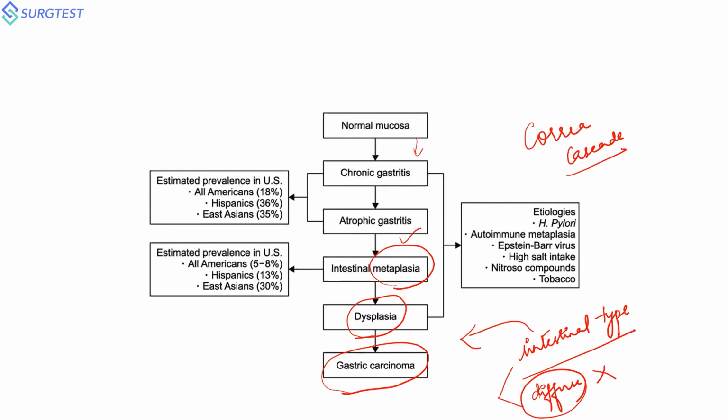All these things are explained by what is called the atrophic gastritis, dysplasia, gastric carcinoma sequence. This is being studied specifically for the intestinal type of gastric cancer. There are a few questions in chat which I will be taking at the last. One question is for the EGFR example. I will be coming back to it again.